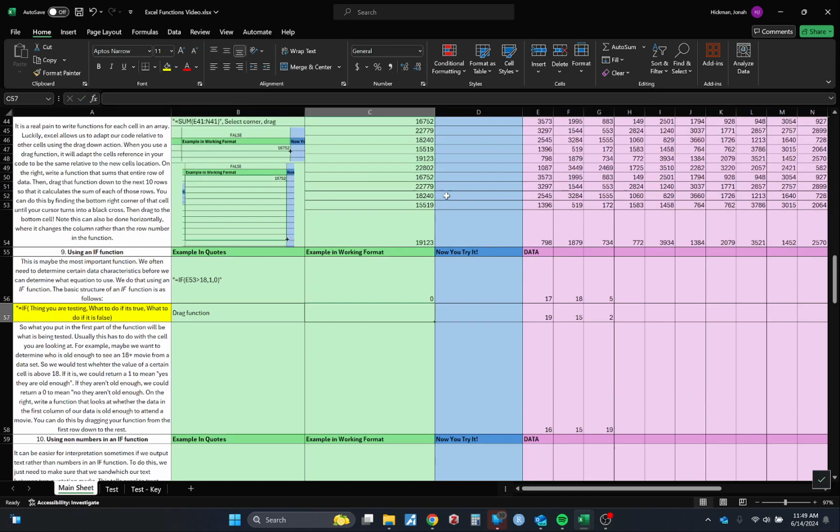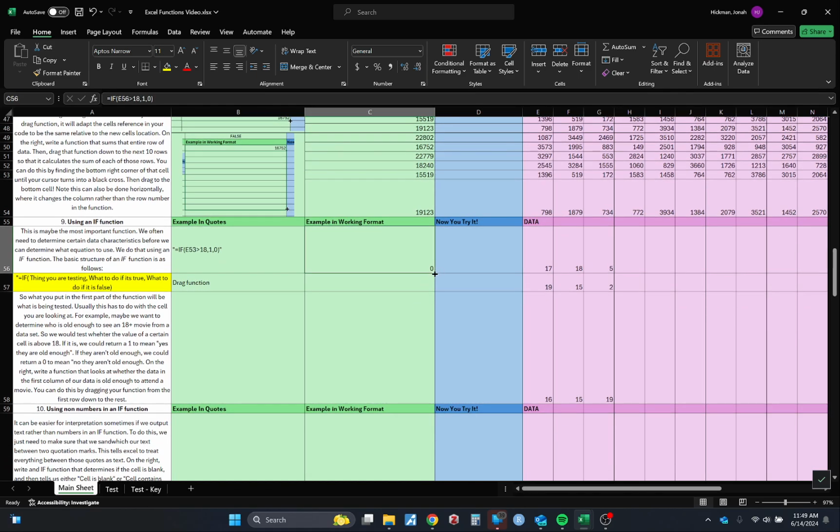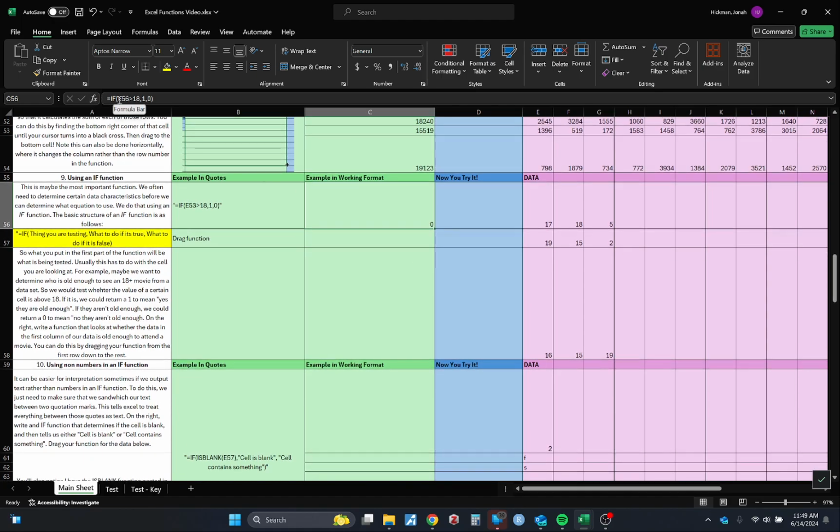The other cool thing that we're going to practice, as we did before, is dragging that if function. So it is going to take this part of our function and change things relative to it. Also, sometimes if you find that you're pausing my previous monologue, you see me a lot where I'll select a different cell and it'll be like, do you want to look at this cell? Just hit escape on your keyboard if that keeps happening to you. But we are going to drag our function down. And now it is going to be looking at this cell,